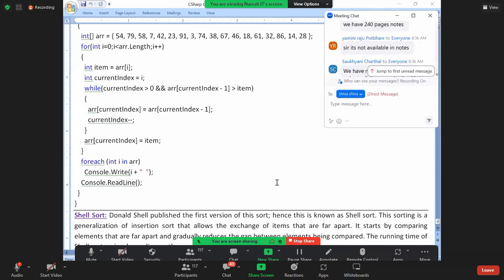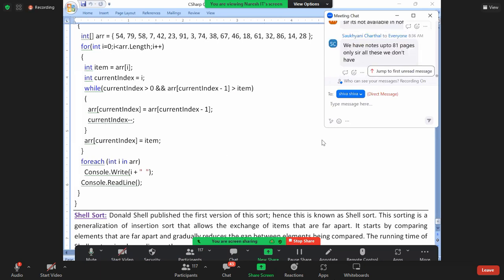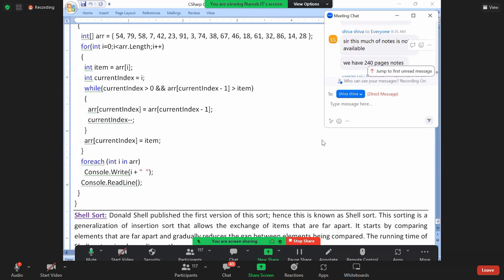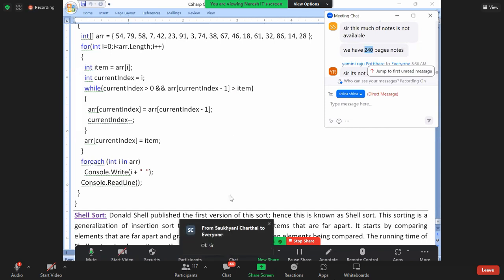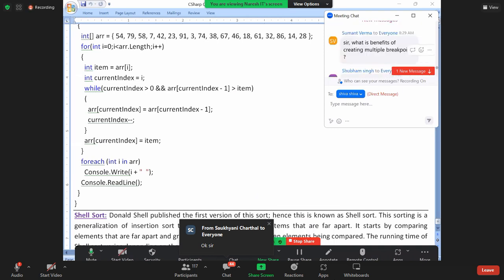There are 81 pages here, and there are 280 pages in the original. When it's converted to PDF, the pages got reduced, I think. So can you download it again? 240 pages, no worries, because I gave it in Word and you downloaded it in PDF. When you download in PDF, the sizes will change. If you want to download in Word, see guys, if you want to download this in Word, okay,